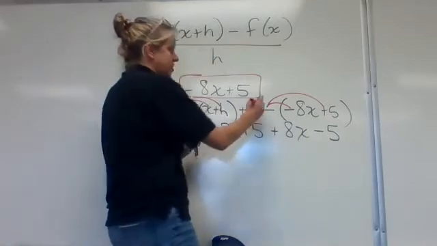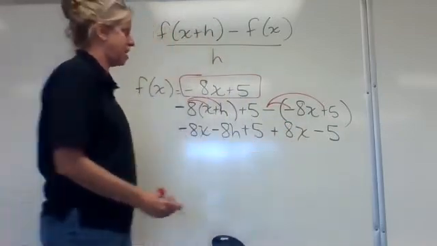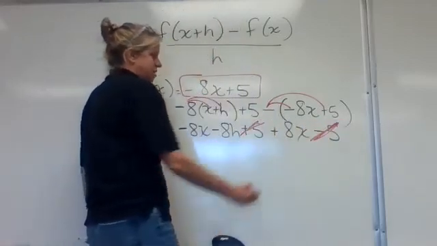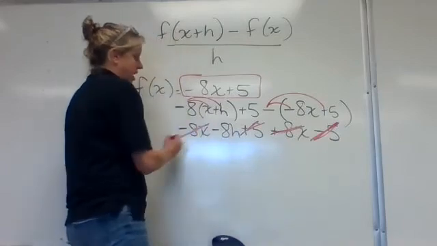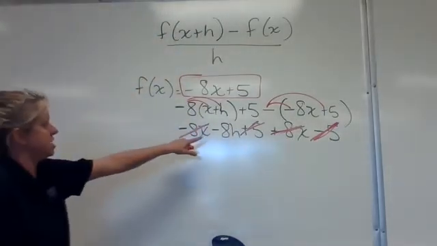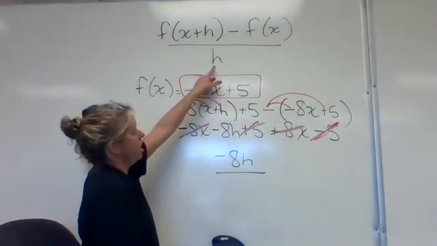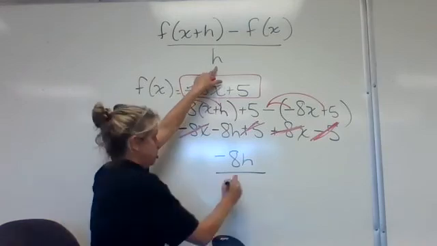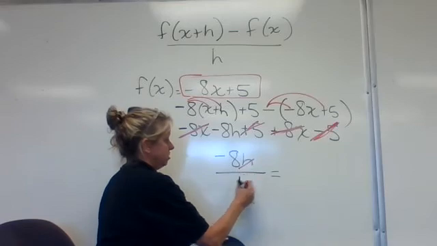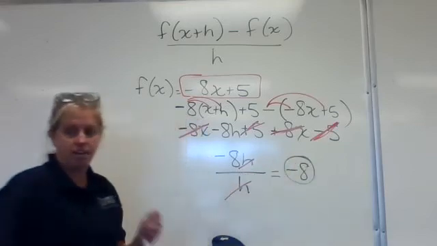And also, everything that you just distributed a negative to should now cancel something up front. So this negative 5 will cancel that positive 5. That positive 8x will cancel that negative 8x. So the only thing I have left is the negative 8h. Now I'll put in my denominator, which is just an h. So my h is canceled. And all I'm left with is negative